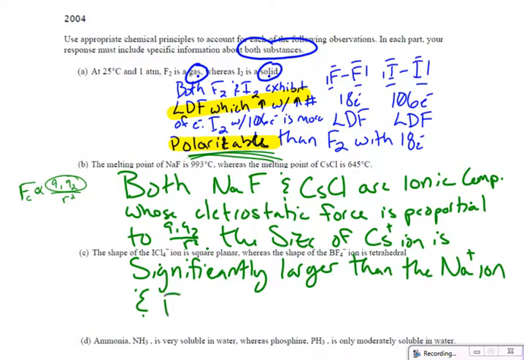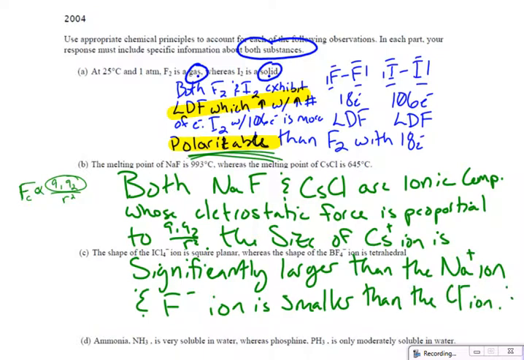And the fluoride ion is smaller than the chloride ion. Therefore,